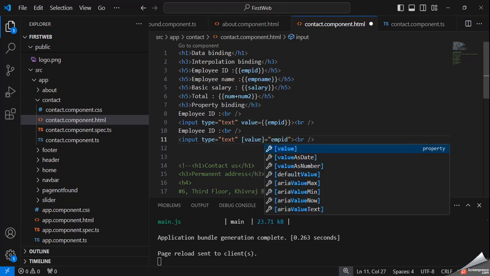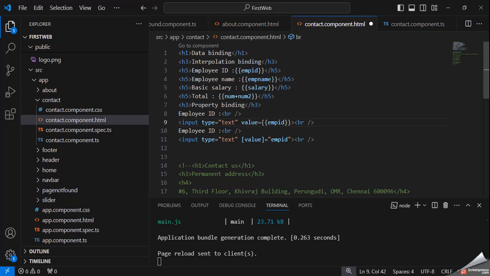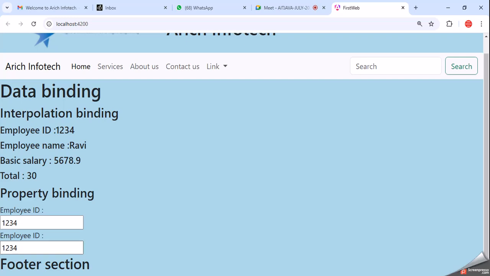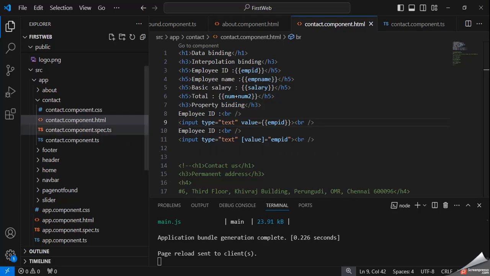For property binding you use a square bracket, and after that we can specify the variable name. So this is the example of interpolation binding, and this is the example of property binding. In property binding we use a square bracket, and after that we specify the variable name.